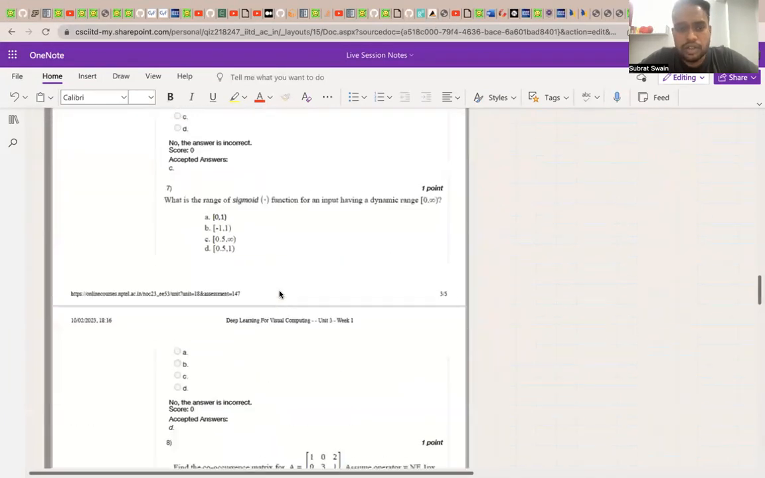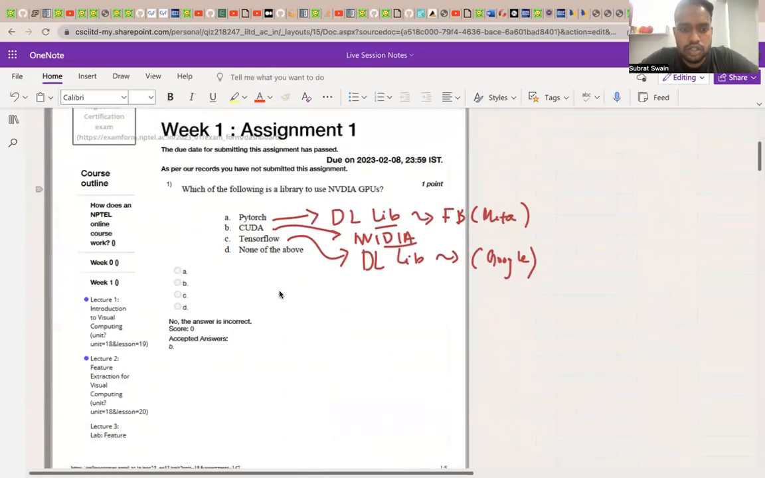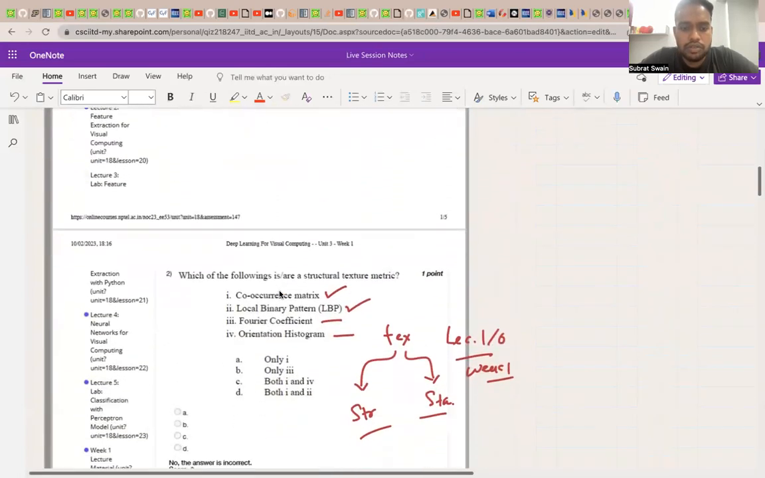I have a doubt in question 2. Question 2 is which of the following is a structural matrix? So this is like not, it's just information, like you cannot